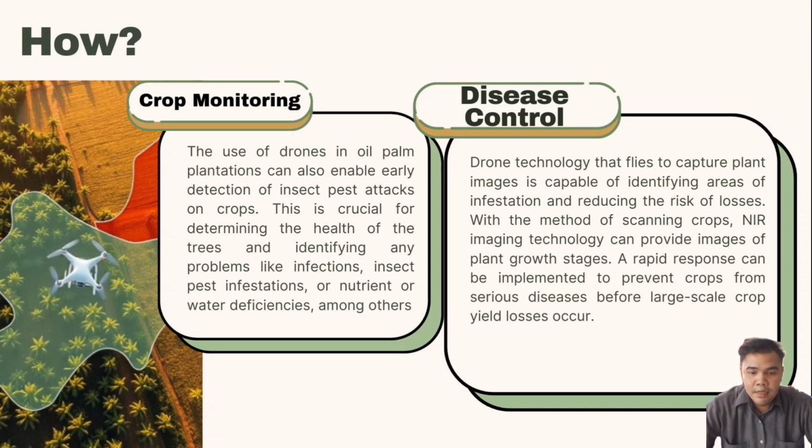First is crop monitoring, where the use of drones in oil palm plantation can enable early detection of insect pest attacks on crops. This is crucial for determining the health of the tree and identifying any problem like infection, insect pest infestation, or nutrient or water deficiency among them. So how does the drone help in crop monitoring? This process can be conducted by the drone